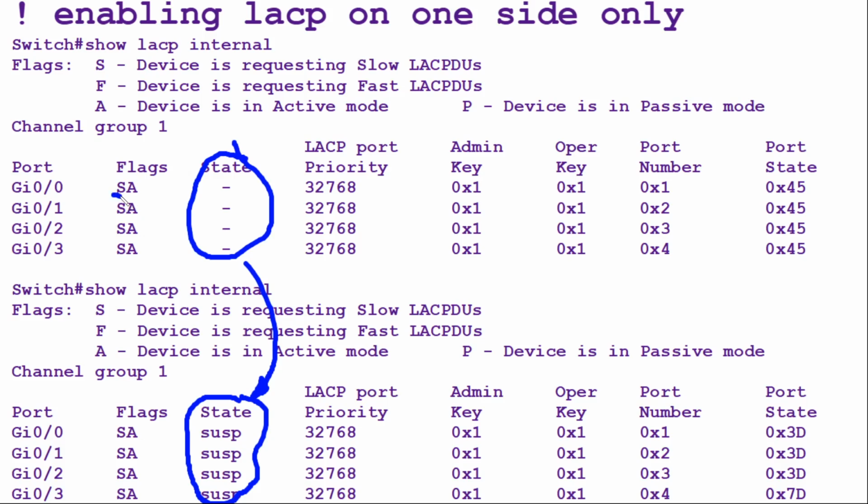For instance, in this example, it is sending slow LACP frames. It is configured as active. If you configure the command channel-group whatever mode active, you will see an A here. If you configure channel-group whatever mode passive, you will see a P here. You can see your port priorities,